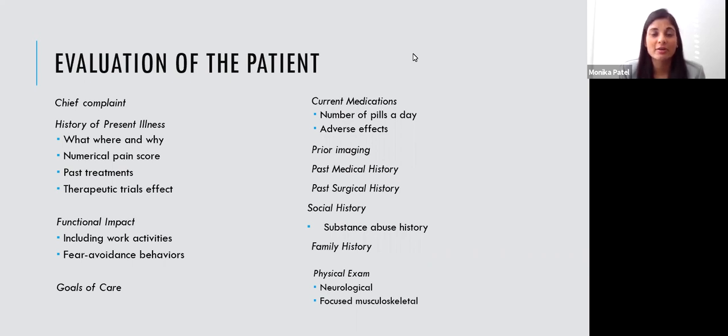Then you're going to take a very good history of their current medications, particularly any type of opioid medications or medications related to pain, such as the number of pills a day and how they're taking their medications, which may not always be as obvious to what's written on the bottle, and any adverse effects such as sedation, confusion, constipation, any prior imaging, particularly of the area of interest, past medical history, past surgical history, social history, which would include